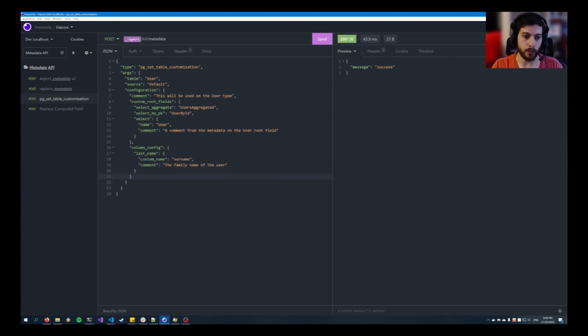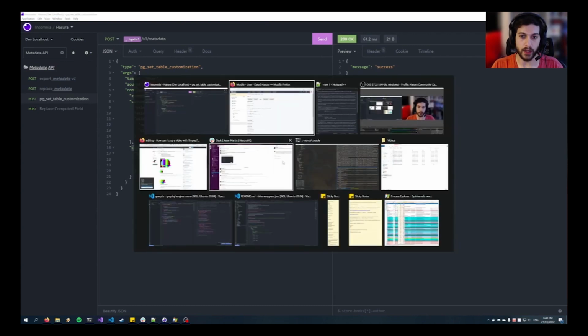Now we still support that custom column names property, it's just deprecated. So if you are using the API, you'll probably want to start switching across to use the column config from now on, but for now we still do support it. Okay, so if we run this API call, that will set. We can come back to our browser,